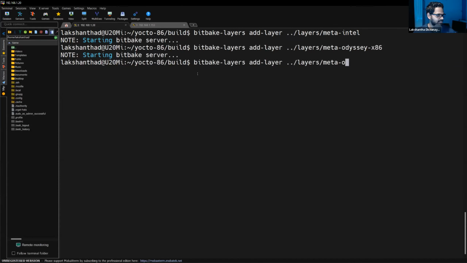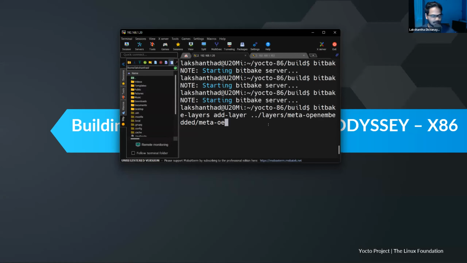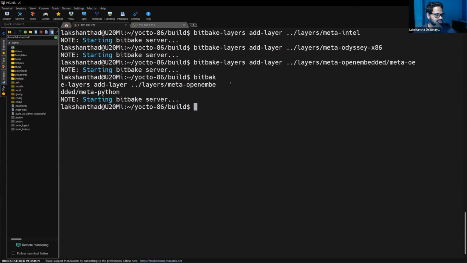So actually, inside Open Embedded, we need to use Meta OE and Meta Python. I'm sorry, I cannot see this. After that, I will use the Meta Mender layer.